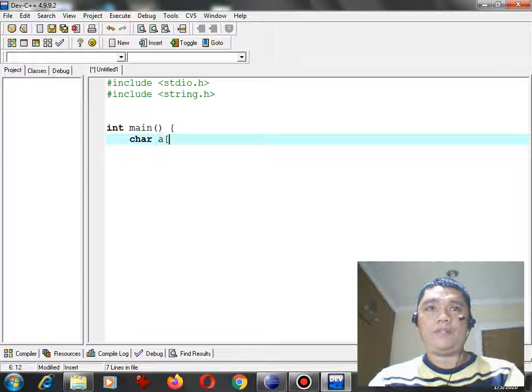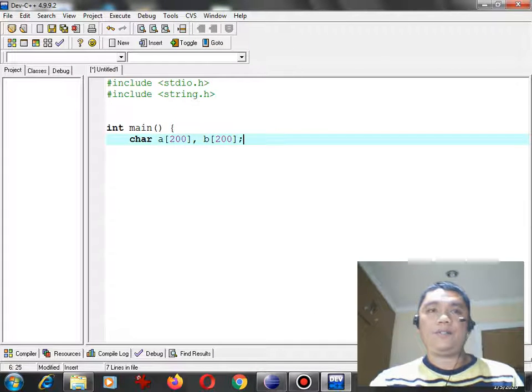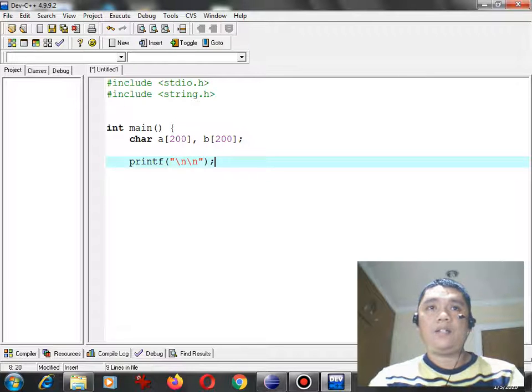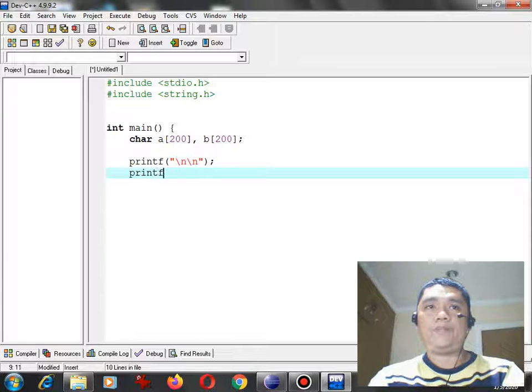Let's say for example, char a with a size of 200, comma, b, and the character size is also 200 characters. After which I will declare the title of our program, with a spacing of two \n; printf for output, \t